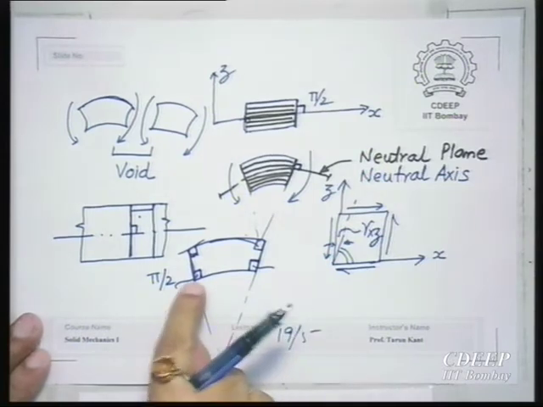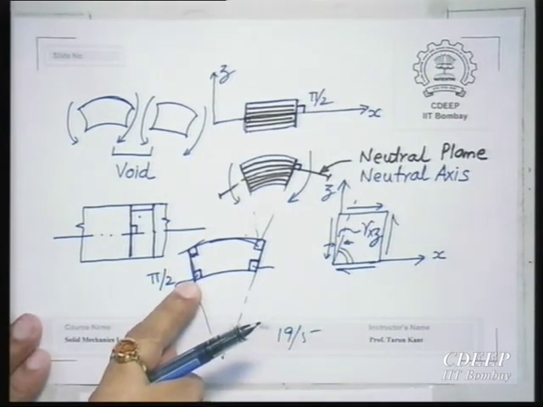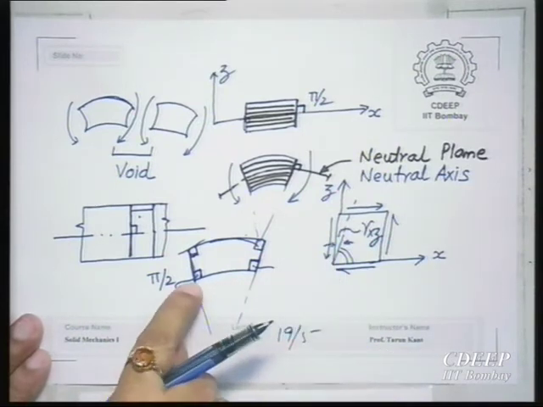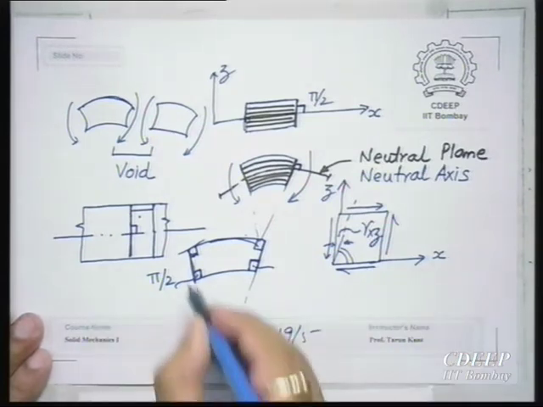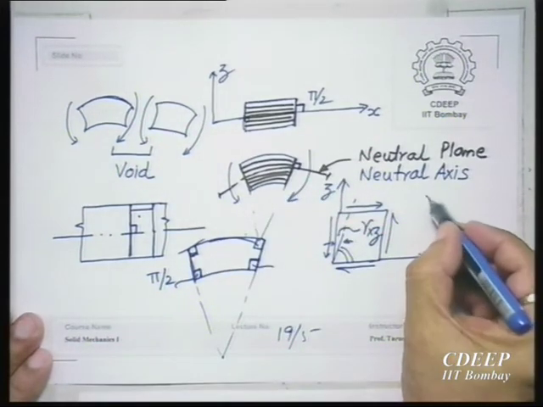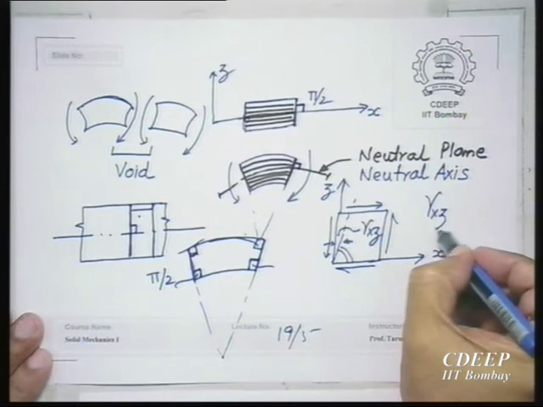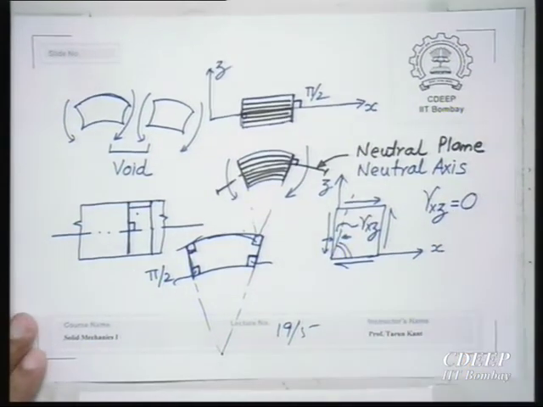Now here, what is happening? Is there any shear strain in the xz plane? No, because there is no change in 90 degrees. So what I would like you to remember is that this deformation is such that gamma xz is 0. Gamma, never say tau xz, not shear stress. There is nothing to do with shear stress. Shear stress we will see whether it is there or not. First of all, tau zx is 0.